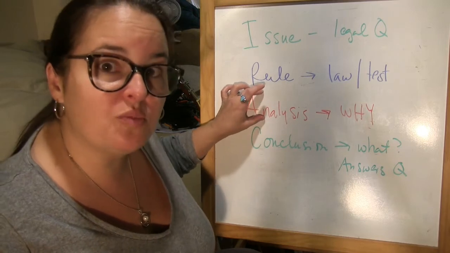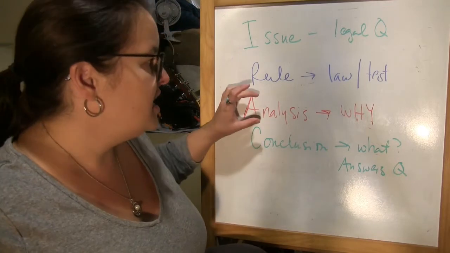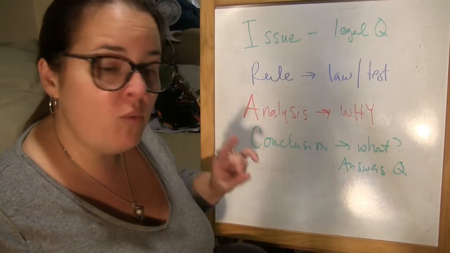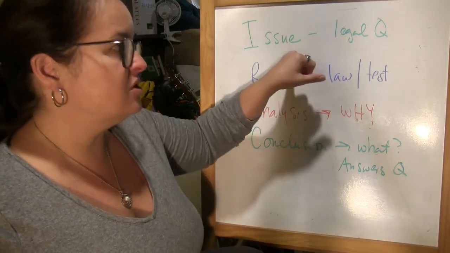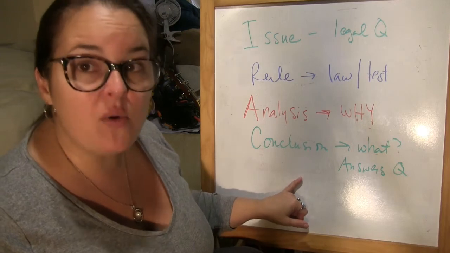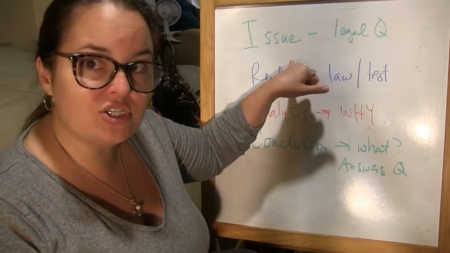In a 60-page Supreme Court opinion, your eyes can cross reading all of that. If I'm looking at Roe versus Wade and I'm trying to find out the why, and I know the what, I know that the answer to the legal question of is abortion constitutionally protected is yes. When you write it out, you're always going to write it answering the question.